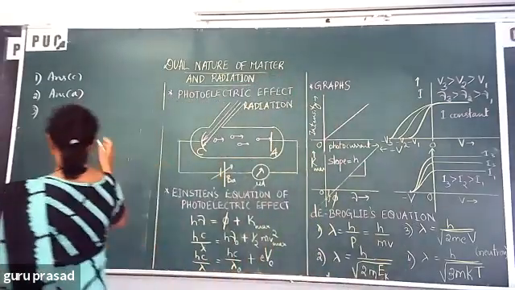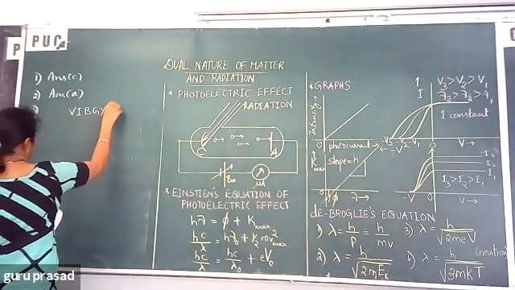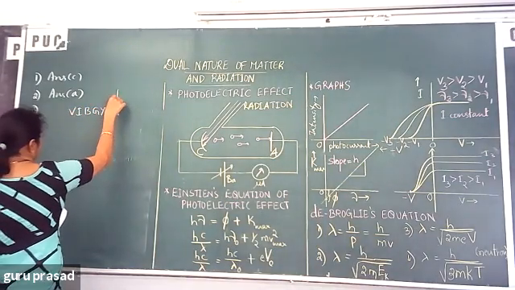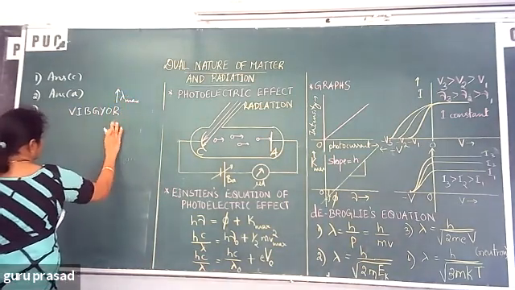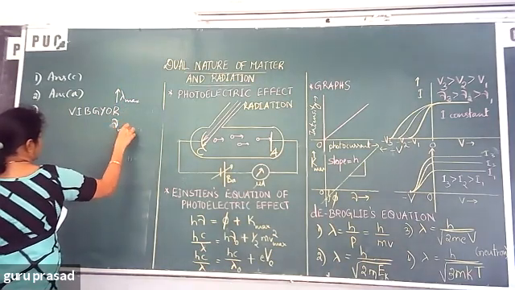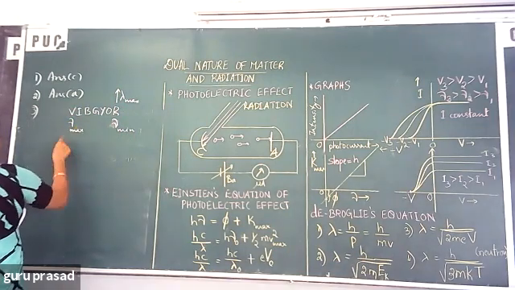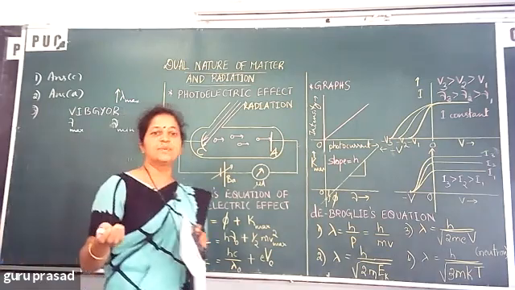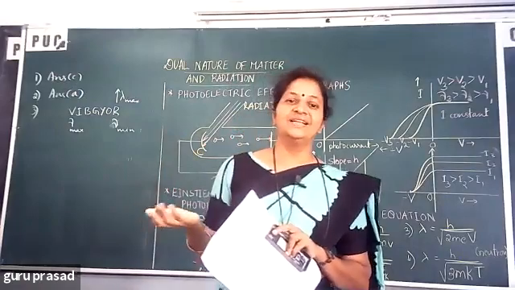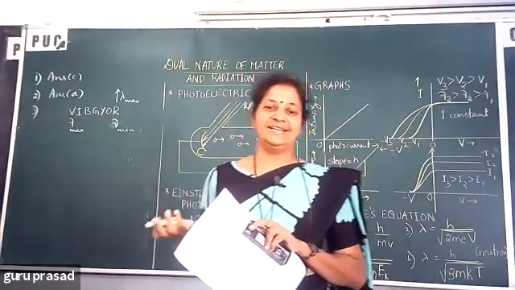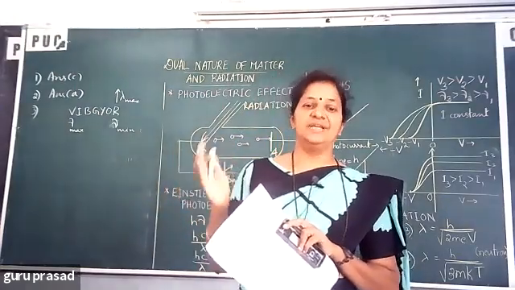So you can have all the colors here. Wavelength is maximum here, lambda maximum, but energy is minimum, or frequency is minimum. Here frequency is maximum. After a particular frequency, if the frequency keeps on increasing, photoemission is possible, and more and more kinetic energy the electrons will get. Photoemission will take place after the cutoff frequency.